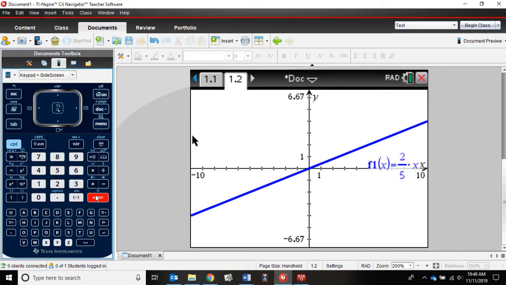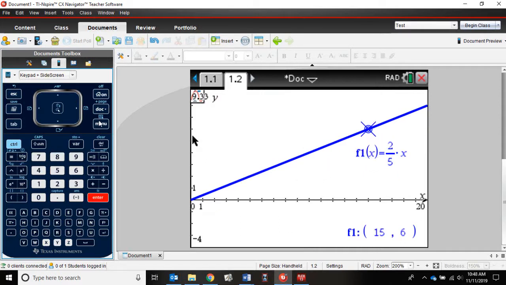And if I want to check if it goes to the correct point, remember I can just hit menu 5-1 and I type in the point. Our x value is 15 and it tells me it is 15.6, so I know that B is not the correct answer. So now let's try